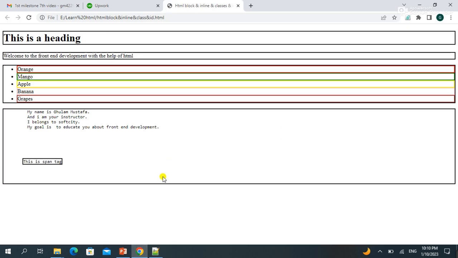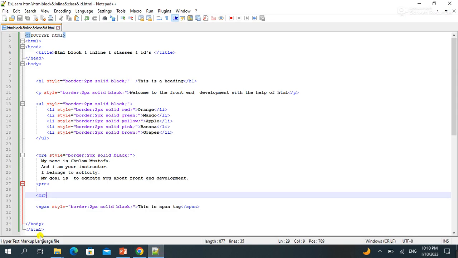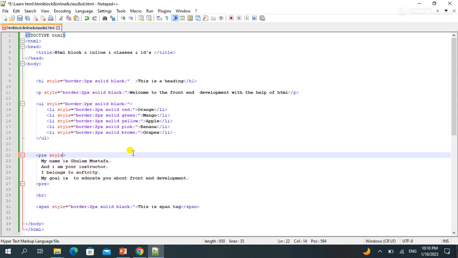It is displayed inside pre tag because it is an inline tag and it contains the space inside the pre tag. Let's remove the border from pre tag, save the file,